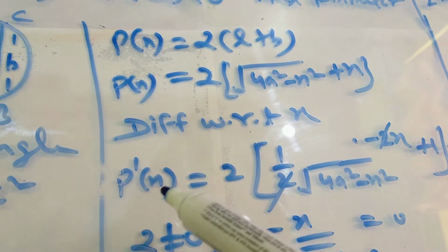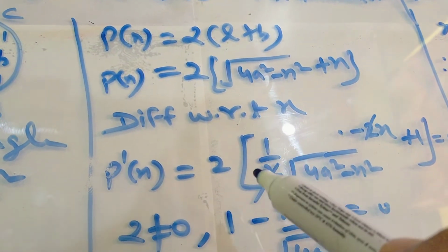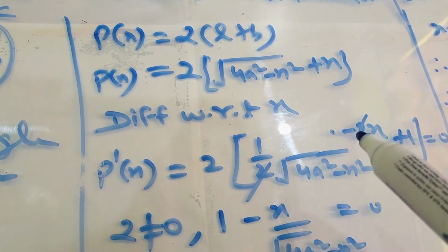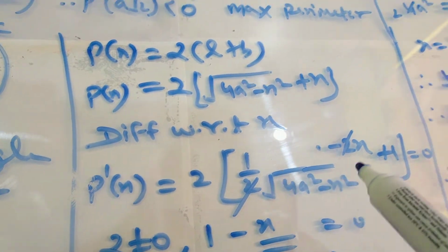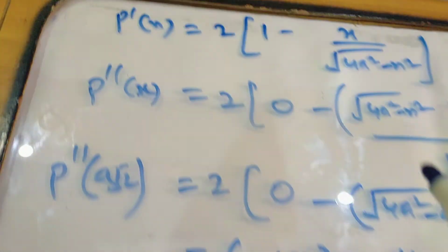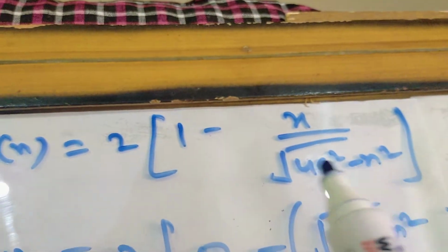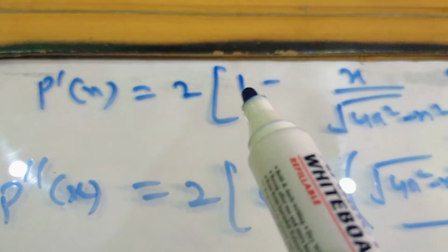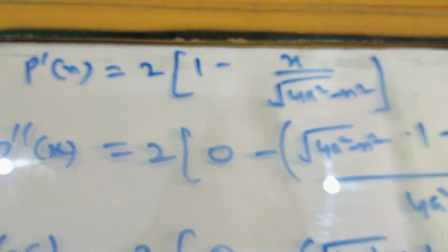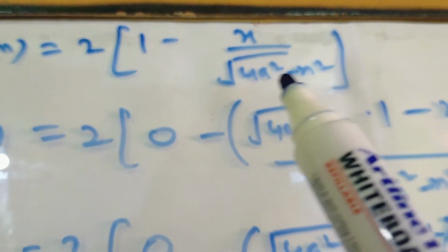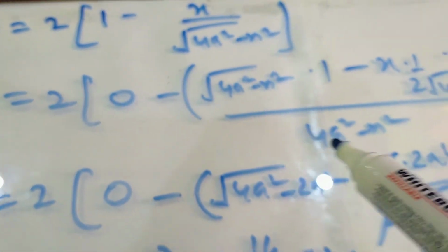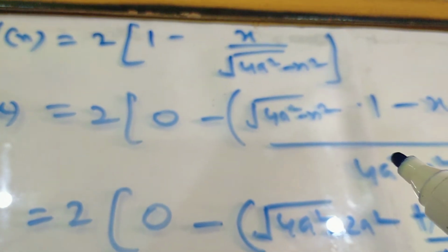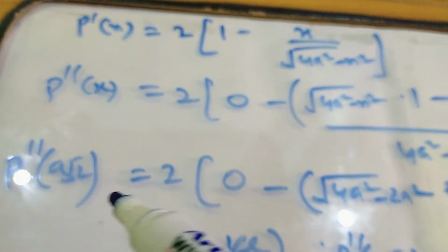So look here, it is p dash x is 2 times 1 upon 2. This 2 has cancelled out, so this portion we have. I have copied this portion over here and again I differentiated it. By differentiation, the derivative of 1 is 0, and this portion has to be solved with the help of the quotient rule, which I applied here. After completing this quotient rule, I substituted the value of x as a root 2.